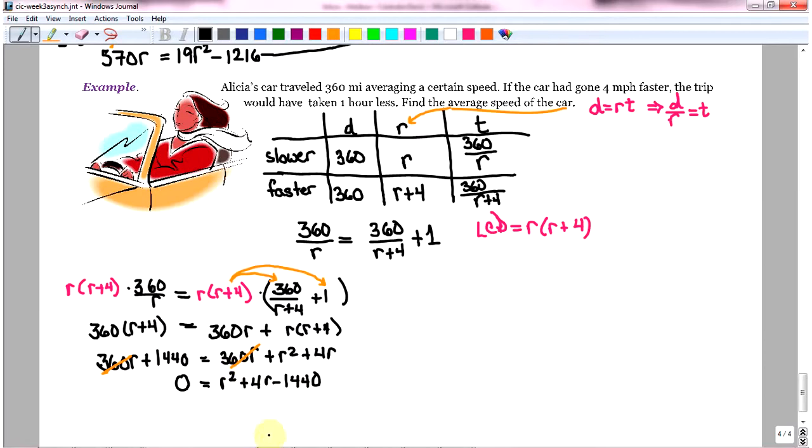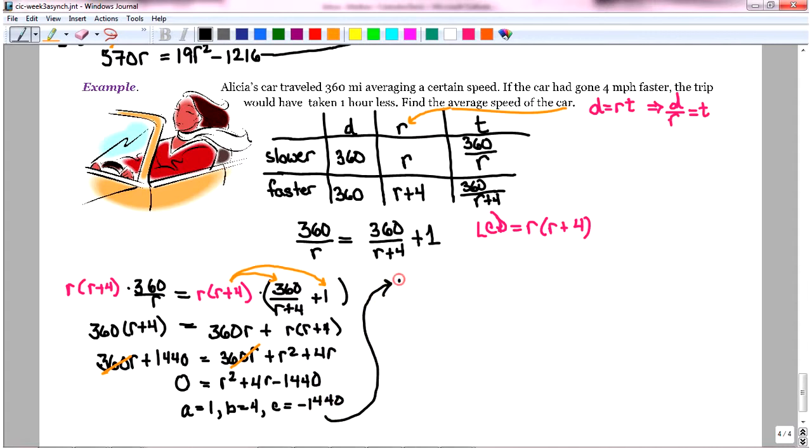Okay, so to solve this, we can use the quadratic formula. If you can factor it, that's good. That would be fine too. But let's do quadratic formula this time. So a is 1, b is 4, and c is negative 1440. So that means our solution,